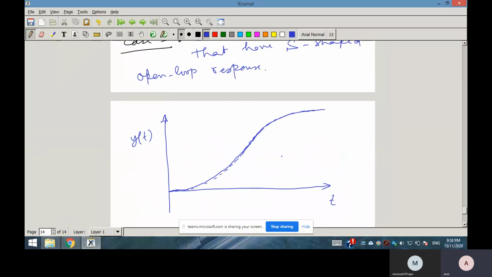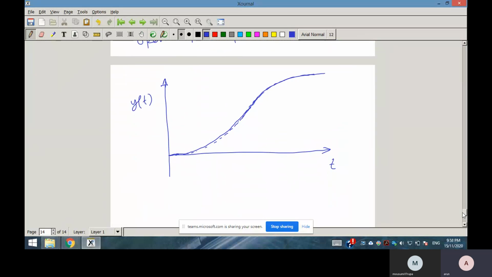This S-shape characteristic can be modeled as the plant G(s) equal to K e to the power minus Ls